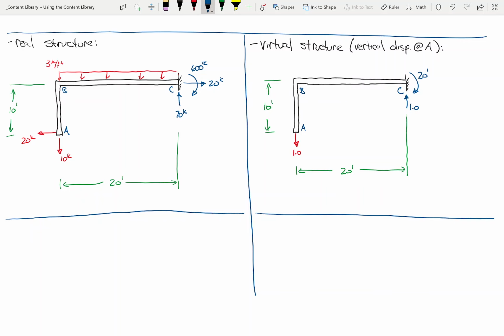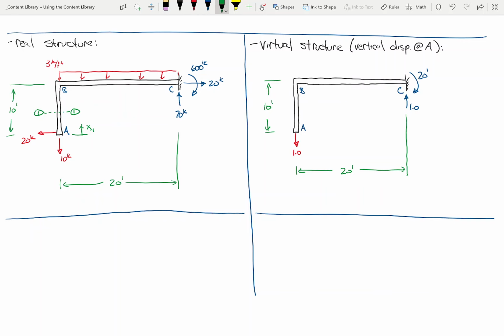We said that it always makes sense typically to sum moments at the free end. So maybe what I'll do is have one coordinate system that starts at the free end and goes up the member. So maybe I'll cut a section like that,